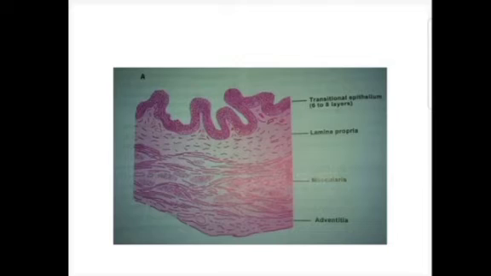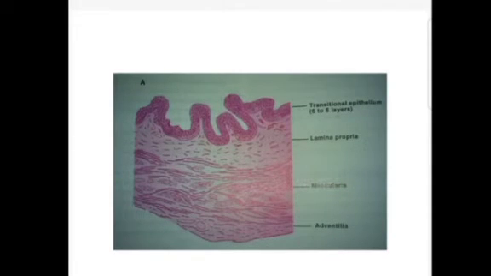So this is the microscopic picture of the urinary bladder. You can see the mucosa is folded. This is the lumen, and you can see in the lumen there are folds of the mucosa, and the lining of the urinary bladder is the transitional epithelium. You can see 6 to 8 layers in the contracted state of the bladder. When the bladder is empty, the transitional epithelium has 6 to 8 layers of cells, the dome-like cells towards the surface, which are the umbrella-like cells.